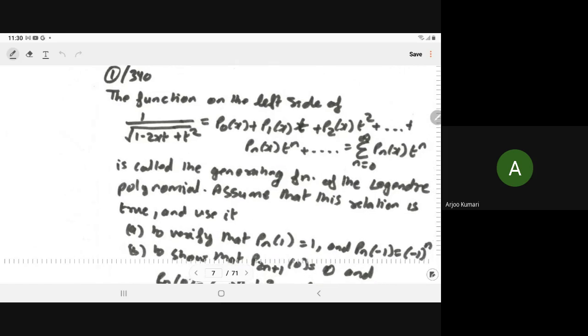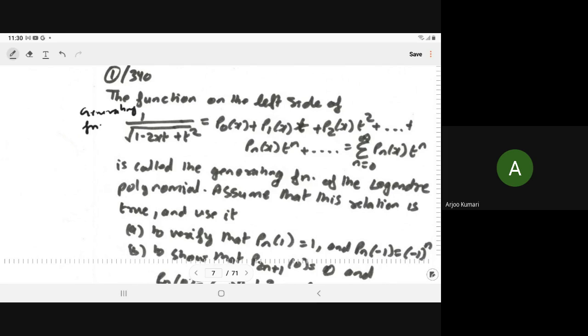Then after, another important formula I'm going to discuss is known as the generating function. In the book it is given as a question, but theoretically it is a very important formula. It is question number 1 in your book. The function on the left hand side, 1 upon root of 1 minus 2xt plus t square, is equal to P0(x) plus P1(x) t plus